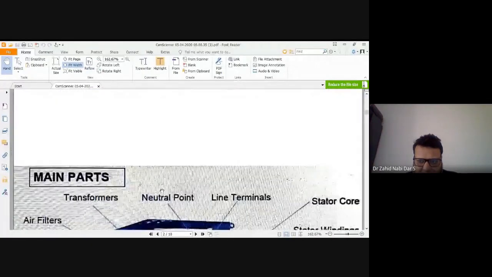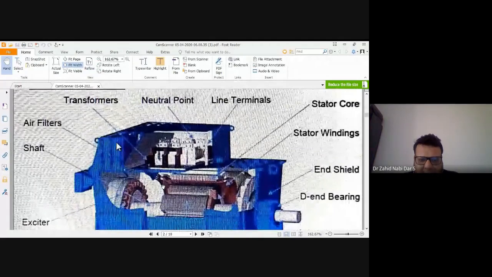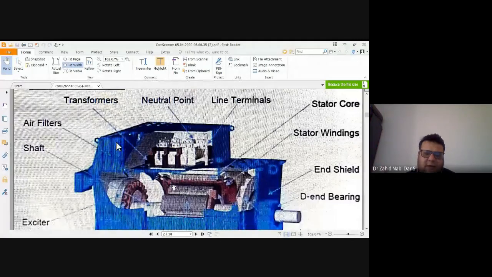See here. So what is an alternator, or in any other terms, any machine, what is its function? Any machine, whether a motor or a generator, the only difference is this: what is the function of a motor? A motor's input is electrical power supply and its output is mechanical work, and a generator's input is mechanical force and its output is electrical power. So this alternator, the synchronous generator, is employed to produce power.